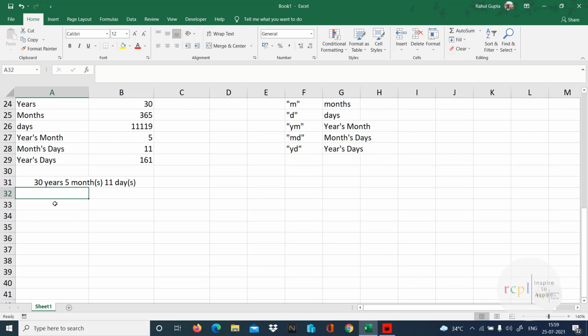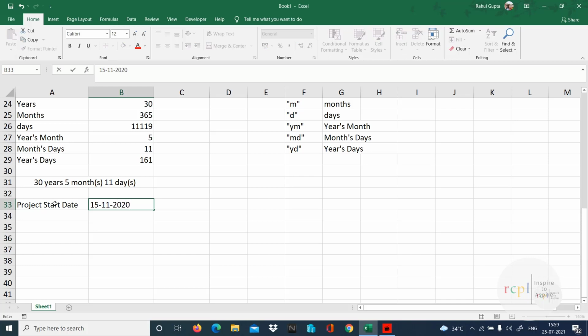Now let's move on. We have a project start date. We have assigned a project to an individual, and I said that this project we are assigning you on 15th of November 2020, and number of days which are assigned to complete this project are 90.